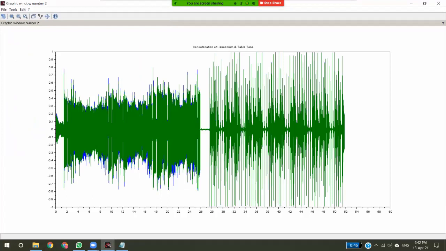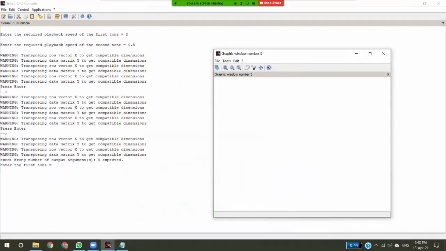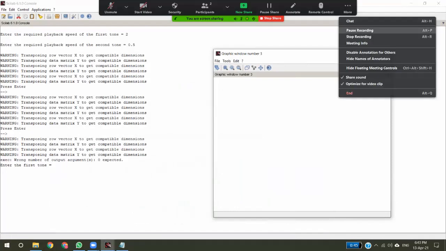Since the original signal length of both the tones was 26 seconds, the addition of both the audios will give us around 52 seconds. So this was concatenation one after another. So now we'll see concatenated one on another.